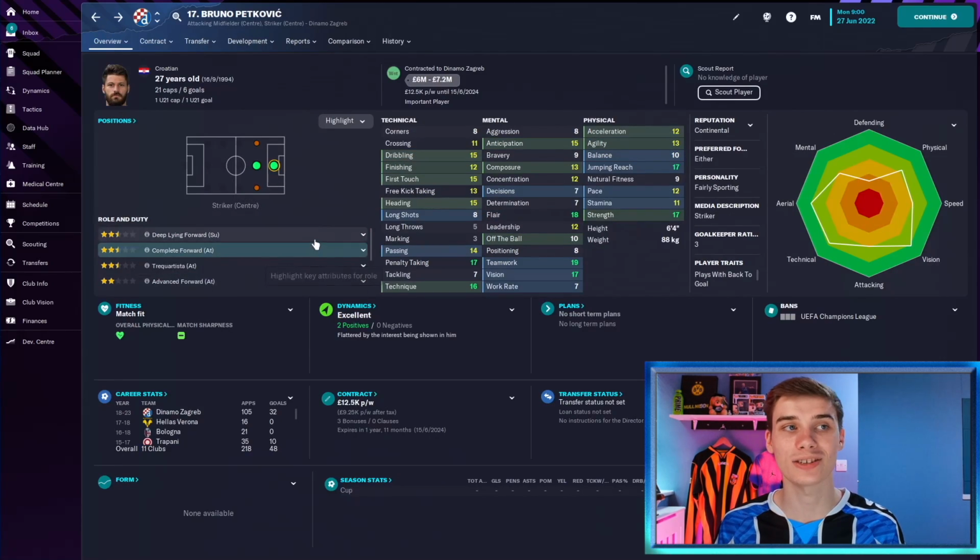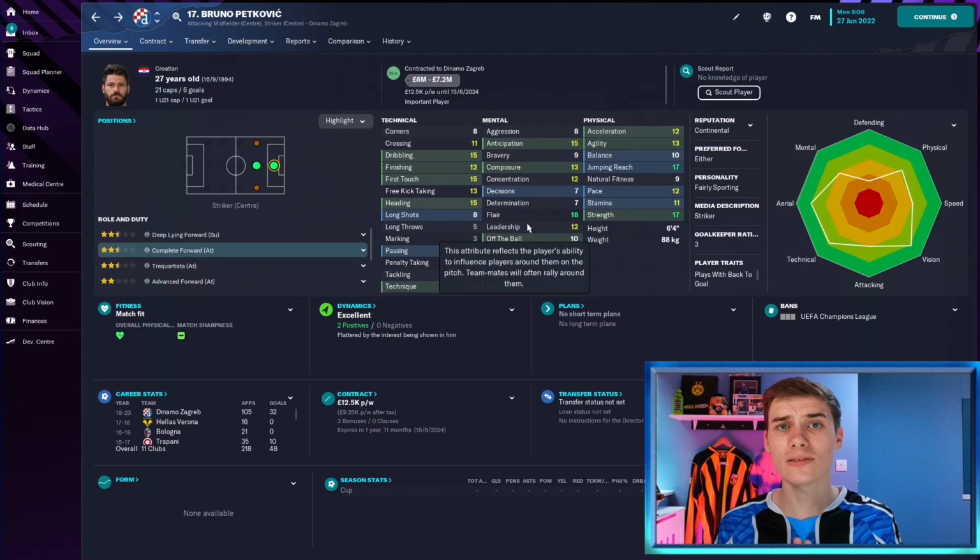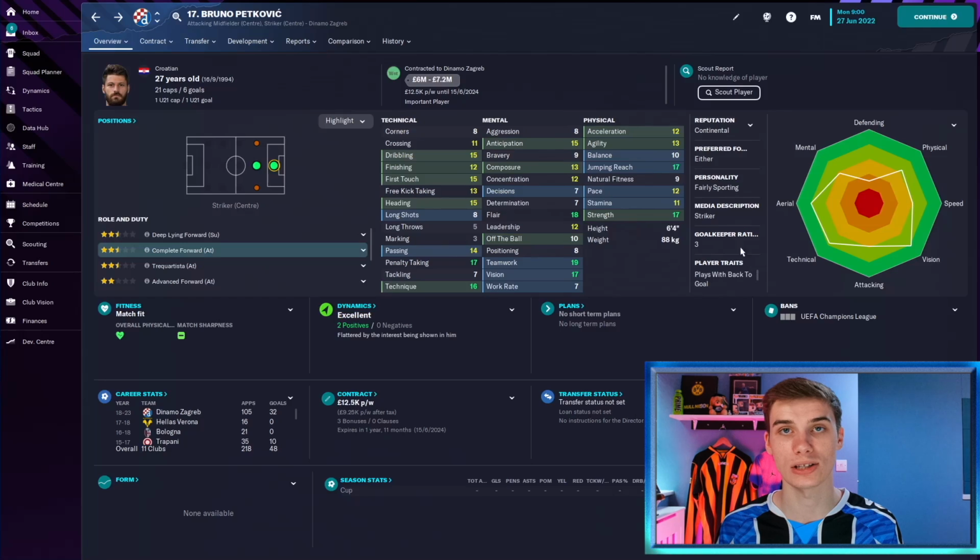I mean, if we look at him as a deep line forward or a complete forward, he's got everything that you'd want. He's strong, he's fairly quick, he's great in the air, great teamwork, great vision, great penalties, technique and passing, so he can do that side of the game really well. 18 flair, which you might not expect for a man who's 6'4", great heading, good finishing, dribbling and first touch. He looks like he should be the real deal up front with a bunch of player traits as well,